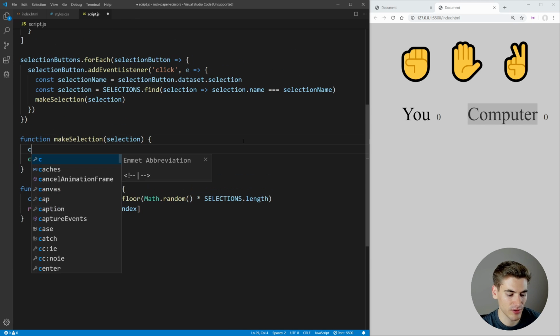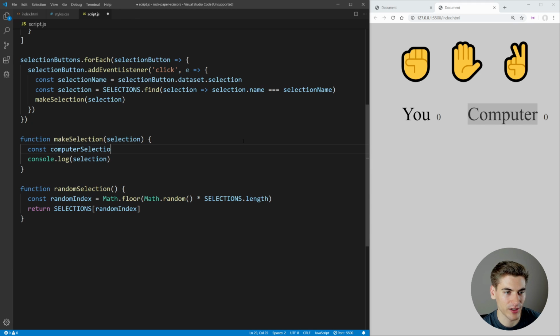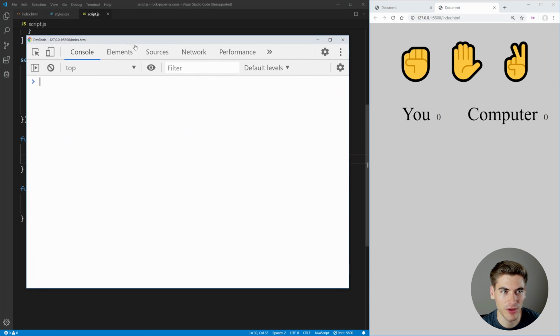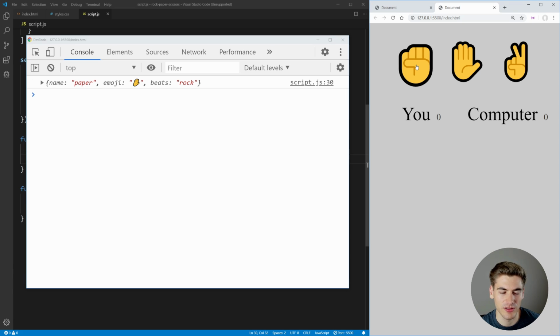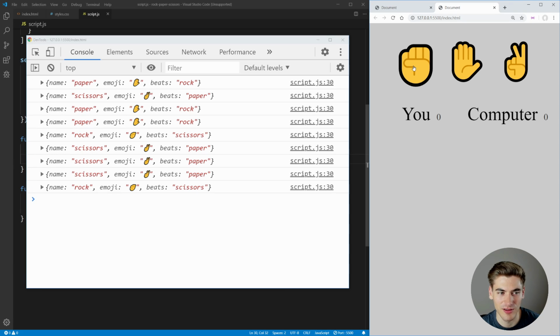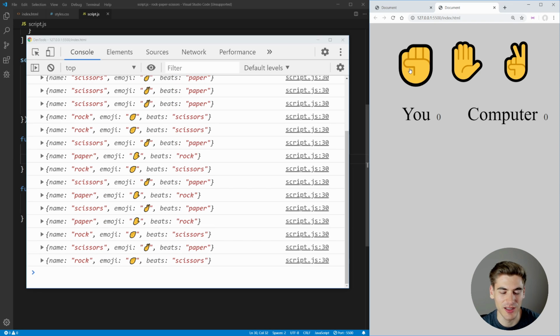So we can say here, computer selection is going to be equal to that random selection. And let's just print out the computer selection here for now to see if this is working. So every time we click a selection, it should give us a random one. So we see we got paper, scissors, paper, paper, rock, scissors, scissors, scissors. As you can see, every time we click, it's giving us a completely random selection, which is exactly what